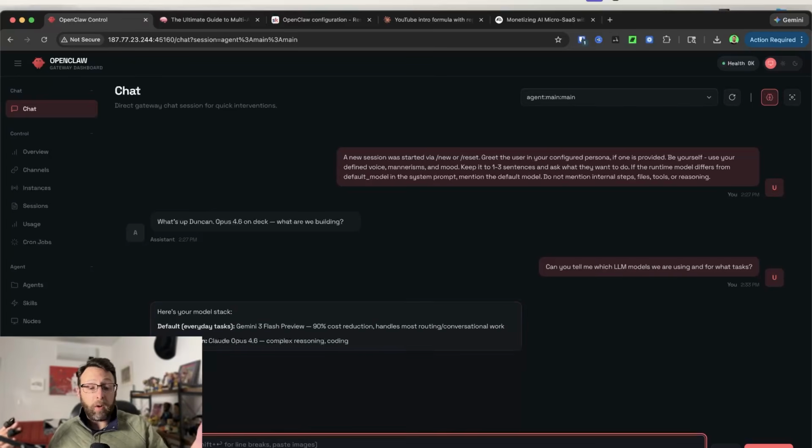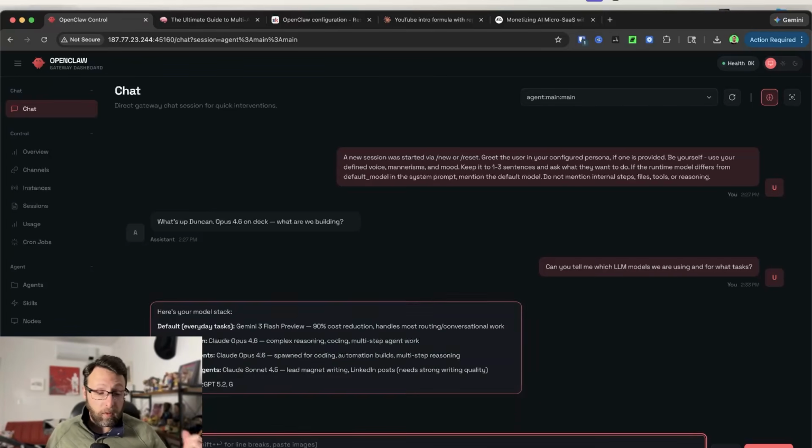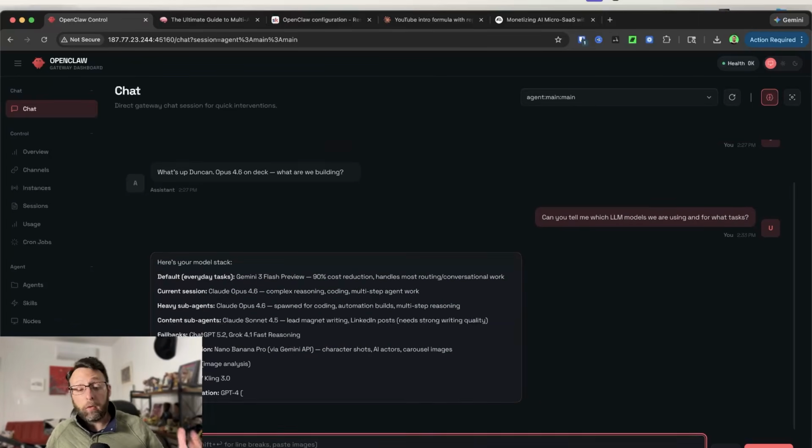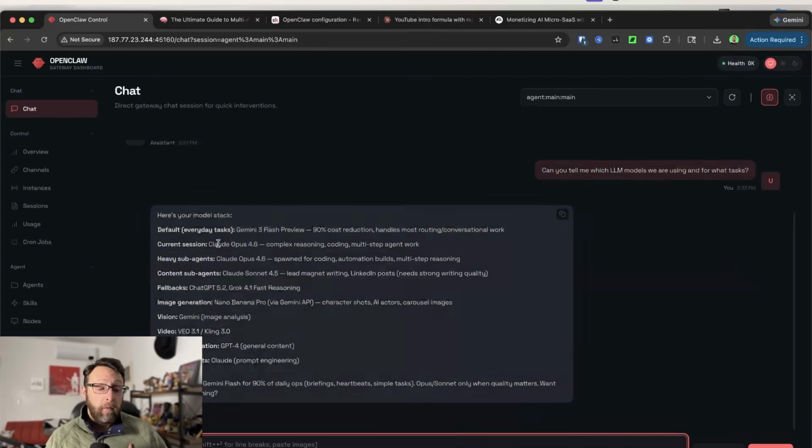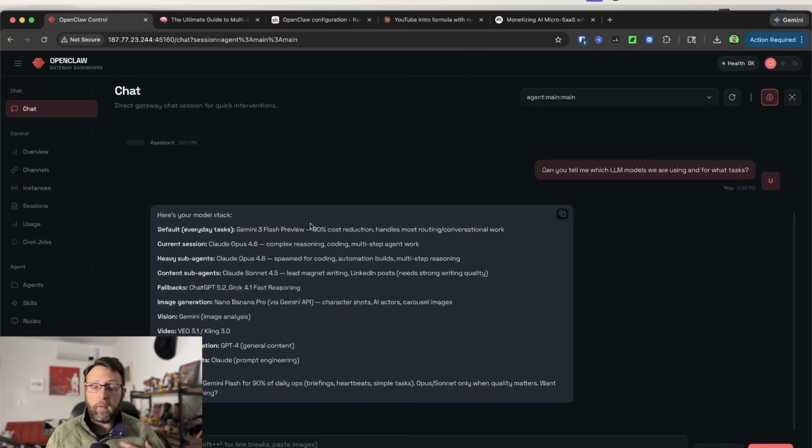And basically it's showing me that I've switched between a couple of different models depending on the complexity. So for the default for everyday tasks, we're using Gemini 3 Flash Preview, which gives me a 90% cost reduction. So when I'm just chatting back and forth with the agent itself, it's using Gemini, which is super, super cheap to use. And then for any of the content sub agents, we're using a step up model,